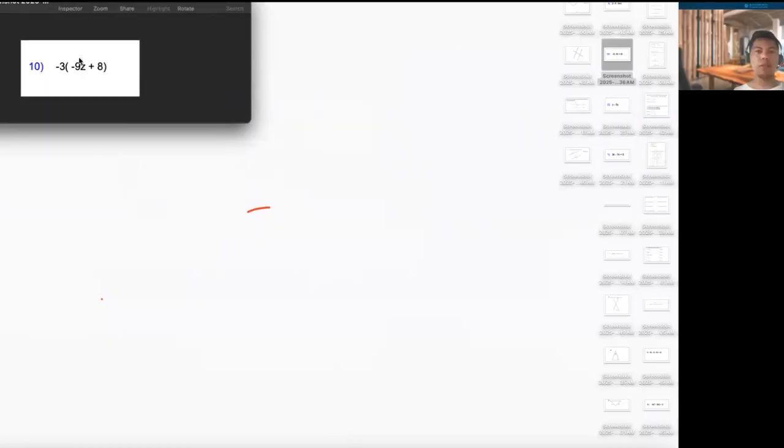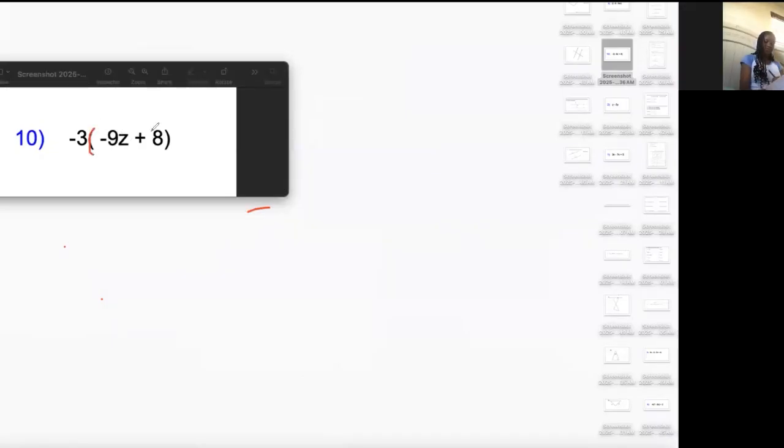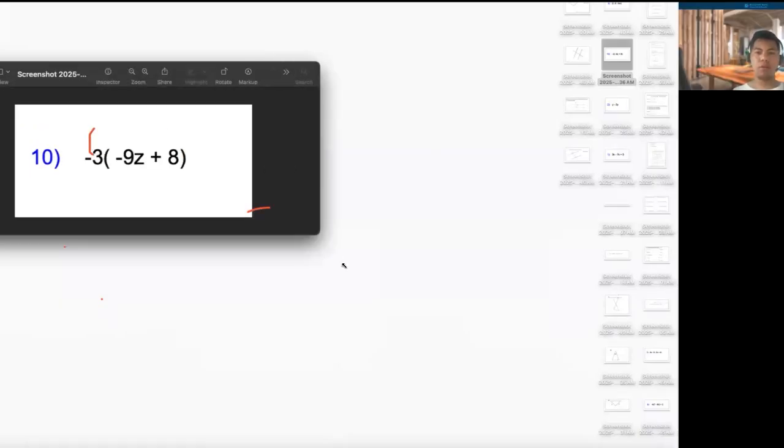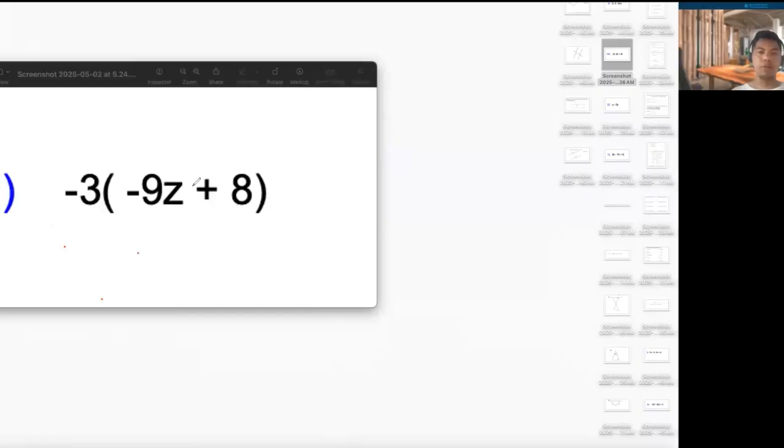Now we'll have this. This is a little different. You see, there's a grouping symbol here. Let me make that bigger. There's a grouping symbol here. Inside that grouping symbol is addition, but we cannot add these two. They are not like terms. So what we can do is, and this negative 3,